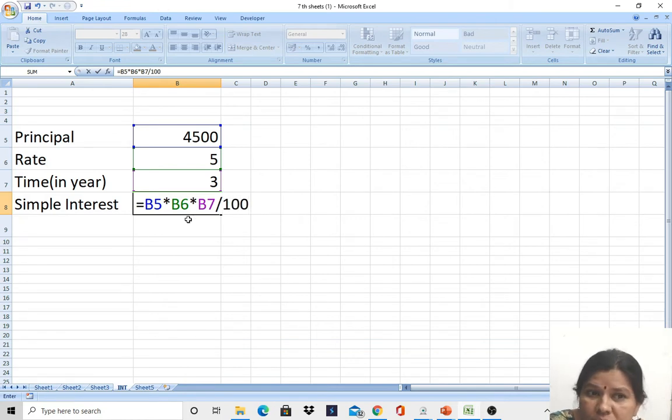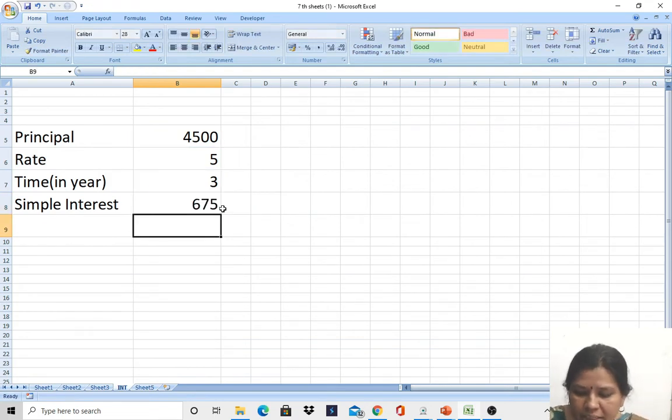How many operators did I use? Asterisk as a multiplication symbol, and this one, slash. Two operators are used. Just press the enter key, we'll get the interest amount. Like this we want to calculate.